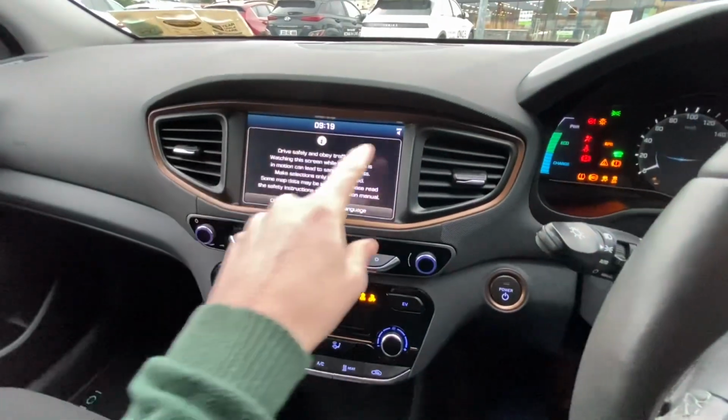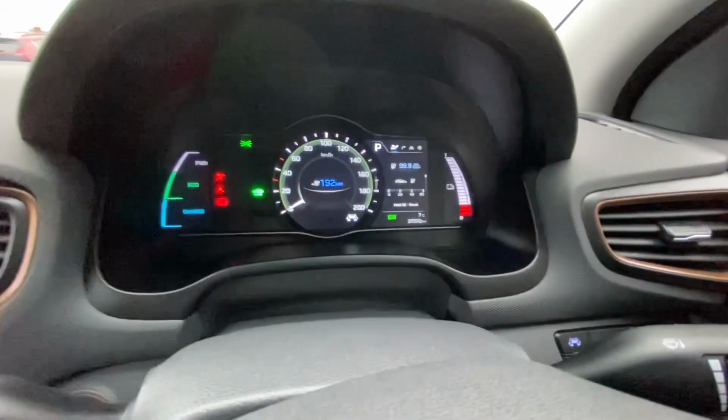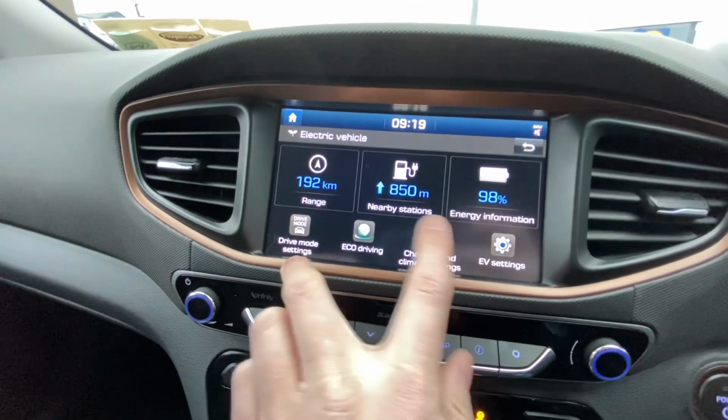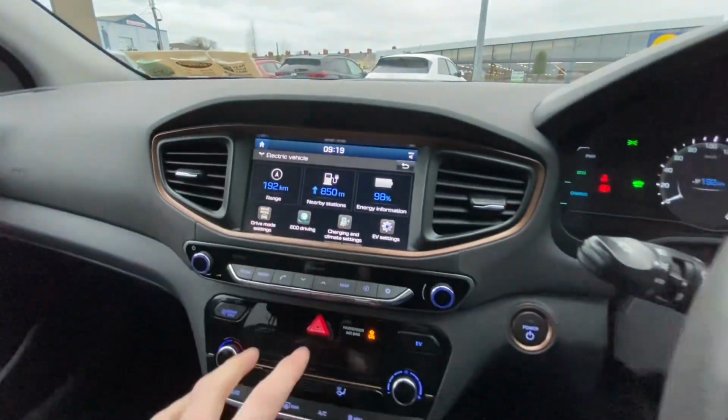So these full electric ones have this nice kind of copper surround. The hybrids had more of a blue kind of colour from recollection. So like you're saying, this car is probably nearly charged. What have we got? 98%. Get another 2%. So we're probably going to move up to about 195, something like that, full charge